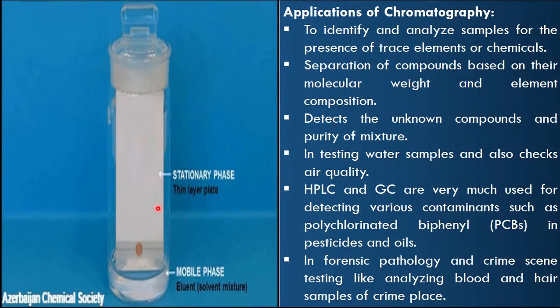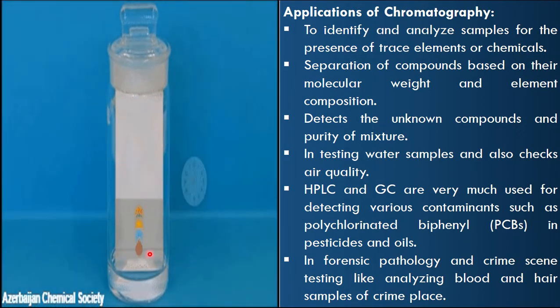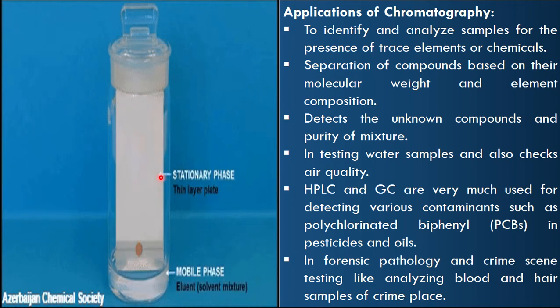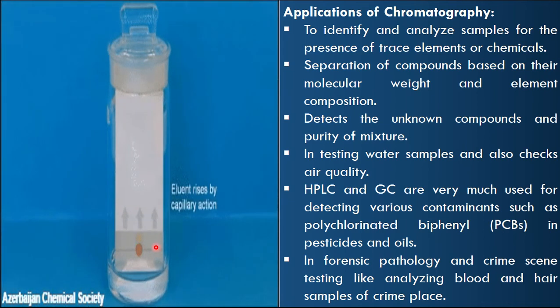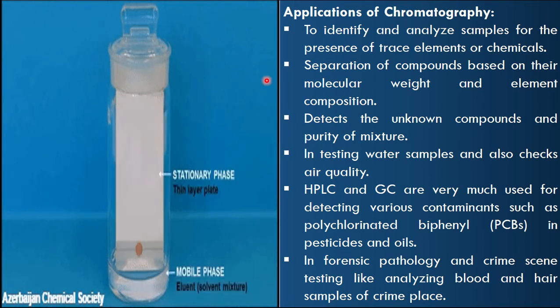In any chromatographic technique, we apply the sample on the stationary phase, and this is allowed to run in a mobile phase for a particular period of time. After that period of time, the components get resolved into individual components like this. Here the separation is taking place like this, thereby we can get the individual components.